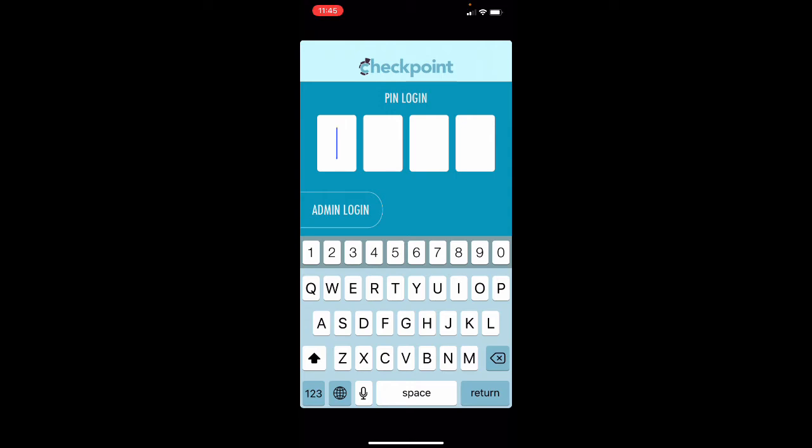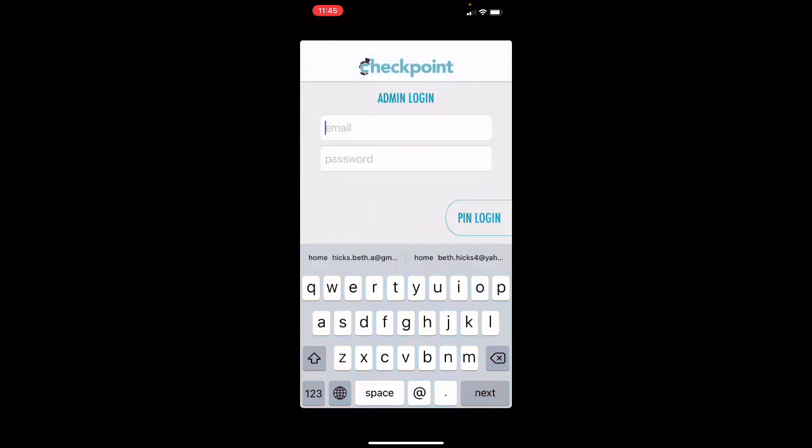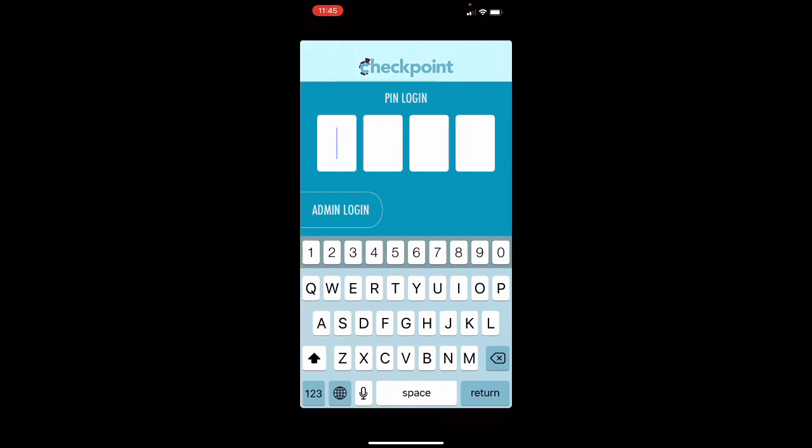event itself. When you open the app, you might see a page like this that says Admin Login. You don't want to use an email and password to log in. You just need to use the 4-digit PIN. So click PIN Login and then enter the 4-digit PIN for your event. For this test event, my PIN is